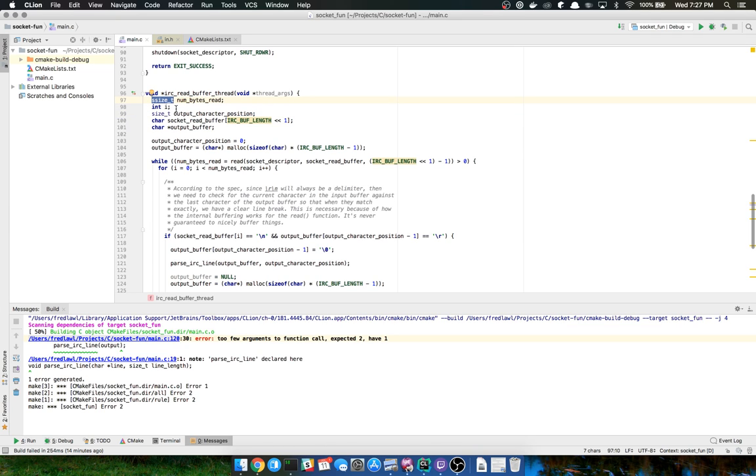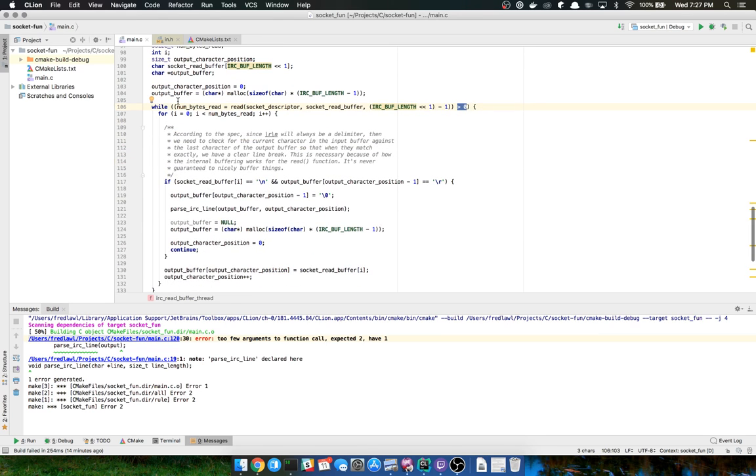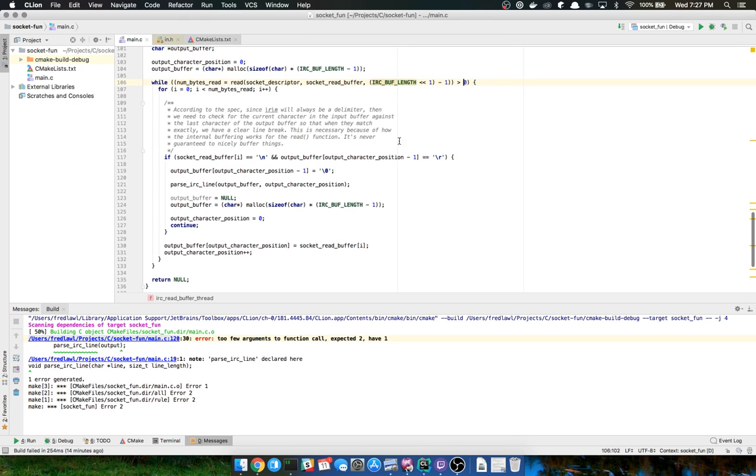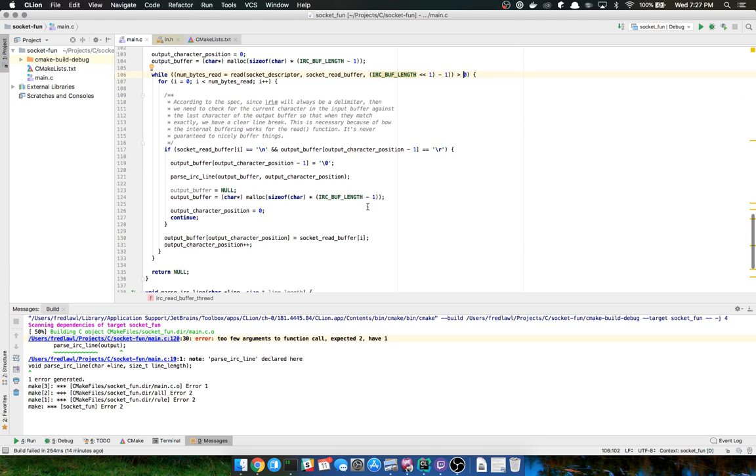And then size t is the opposite of signed. It's unsigned, so it doesn't allow for negative numbers, which the read does allow for. So that's why I'm always checking for greater than 0. Now, I did read last night that I probably should do proper error checking on this read call instead of just saying greater than 0. But you know what? I don't care. That would be an exercise for you guys if you're following along.